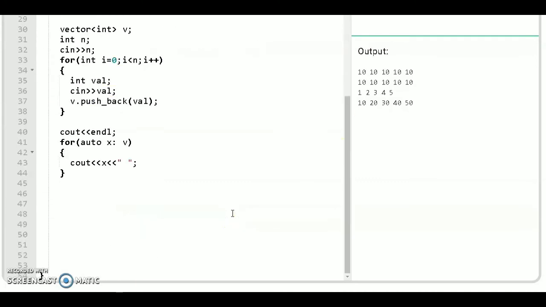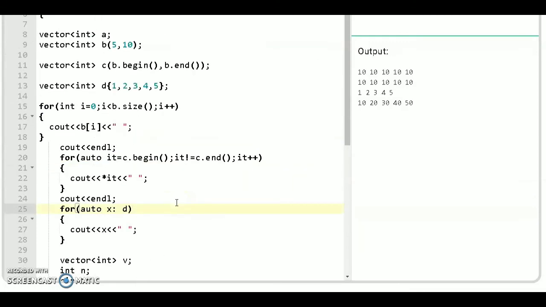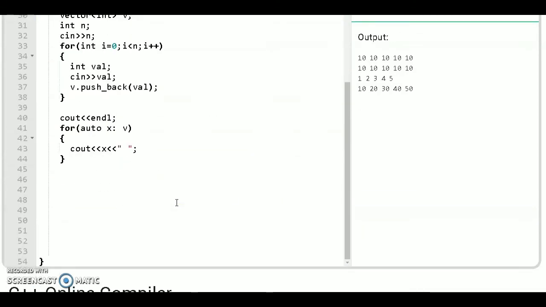Now we will see the comparison between vector d and vector v on the basis of size and capacity. You will see the drawback of this push_back function because it can double the size.